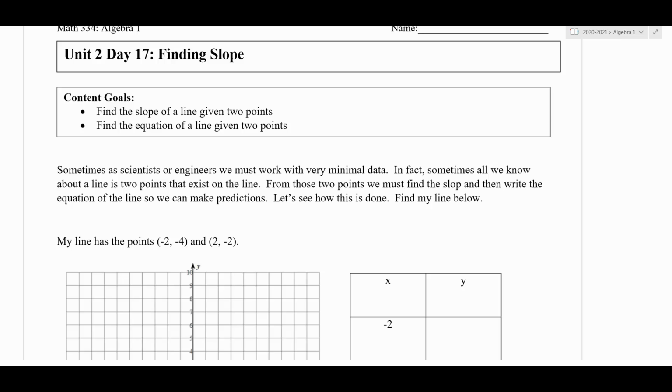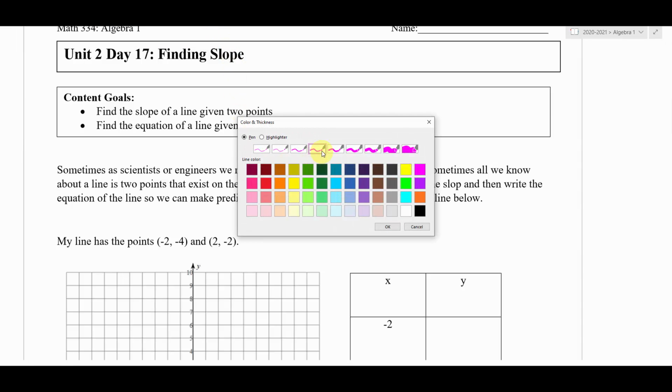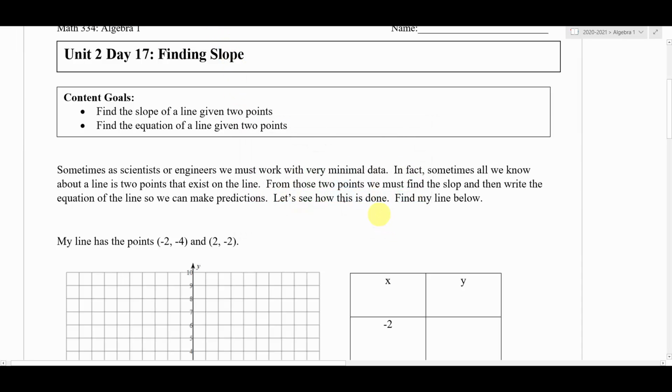Today's topic is going to be finding slope. A little bit more advanced version of finding that slope though, because we're going to be looking at finding slope with very minimal information and then using that slope to find the equation of a line. Also just given 2 points, right? So those are the only clues we're going to be given. It's just 2 points that exist on the line and using that information to help us write the equation for